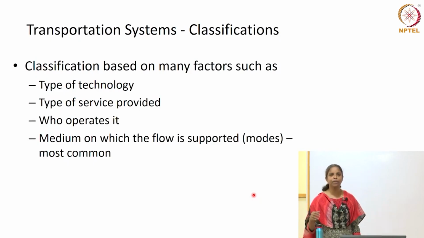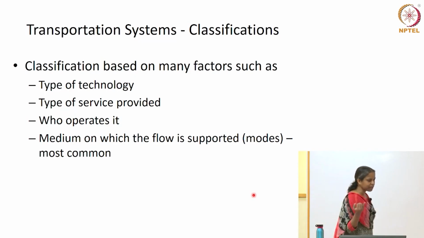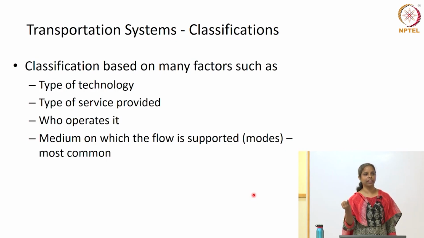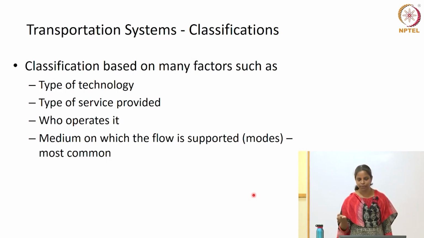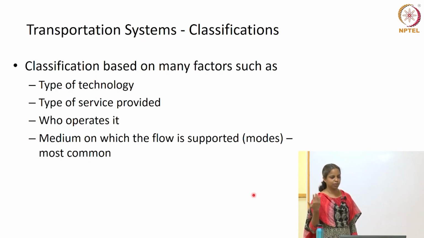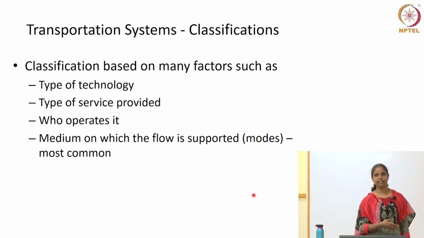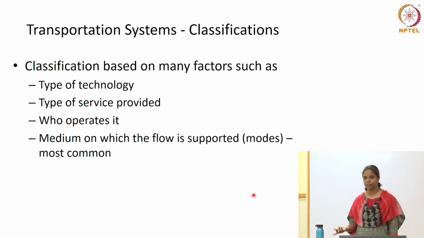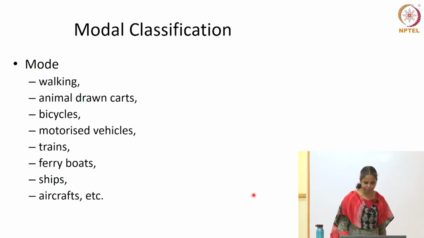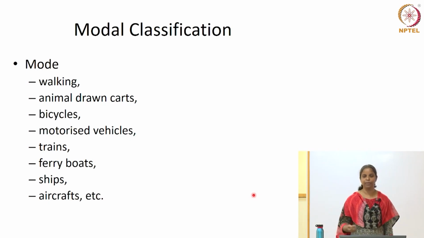Before getting into how we do that, what are the classifications of these systems? You classify the system based on what technology you use, what service you provide, who operates it, and what the medium is. Do you understand when I say mode, for example, is it rail versus air versus roadway? That's one of the ways. By mode you can see all the different ways in which one can commute from one place to the other, the simplest being walking, running, whatever you want.